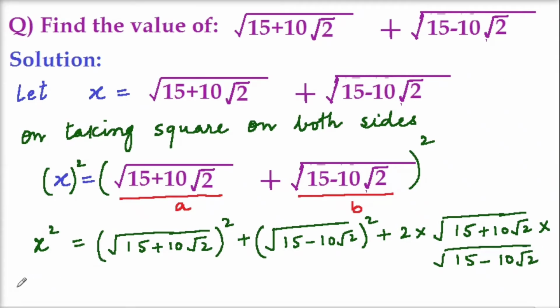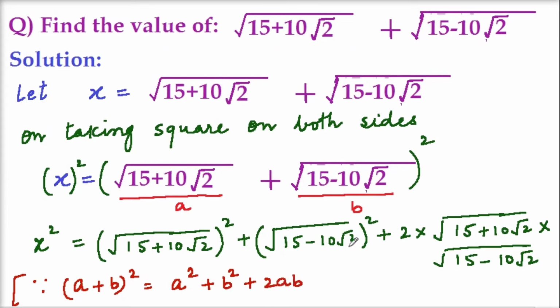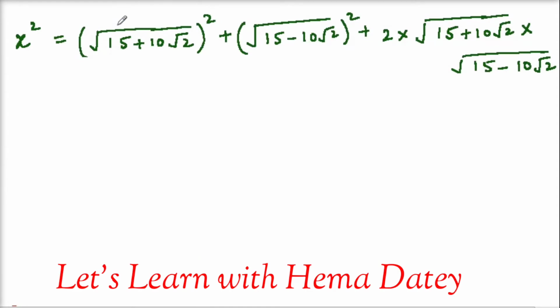Let's write the identity we have used to solve the right hand side. We have used a plus b whole square, which is equal to a square plus b square plus 2ab. Let's continue the question. Now square root and square will be cancelled. So x square equals 15 plus 10 root 2, and this plus sign, and again 15 minus 10 root 2 plus